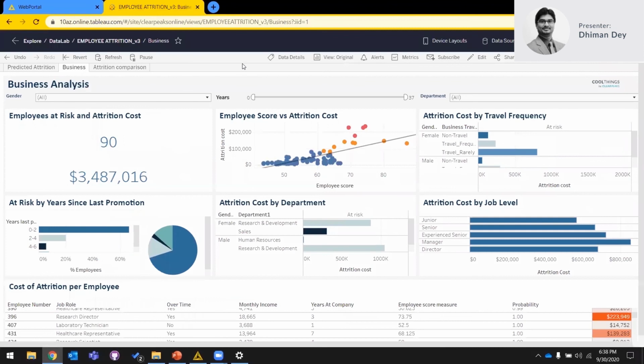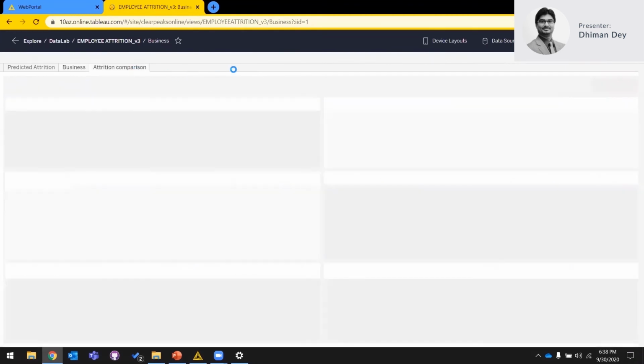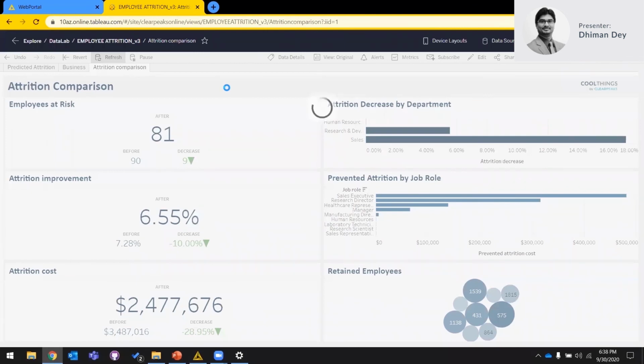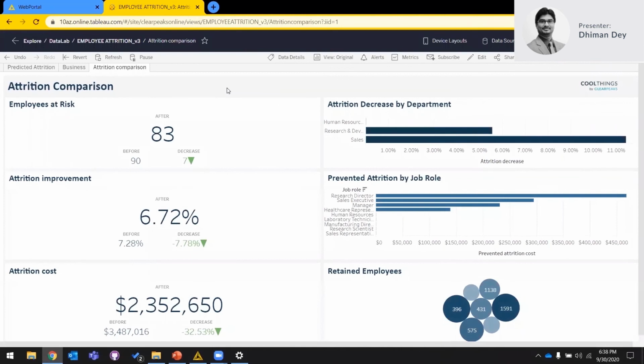So for ease of use, visibility and consumption, we have also given you another dashboard. Once you go to this attrition comparison, it is quickly going to give you the number of people that you can actually save or retain based on the parameters that you have just chosen. Because I've run this simulation one more time, I've just clicked refresh, and what it shows is how many people you can save.